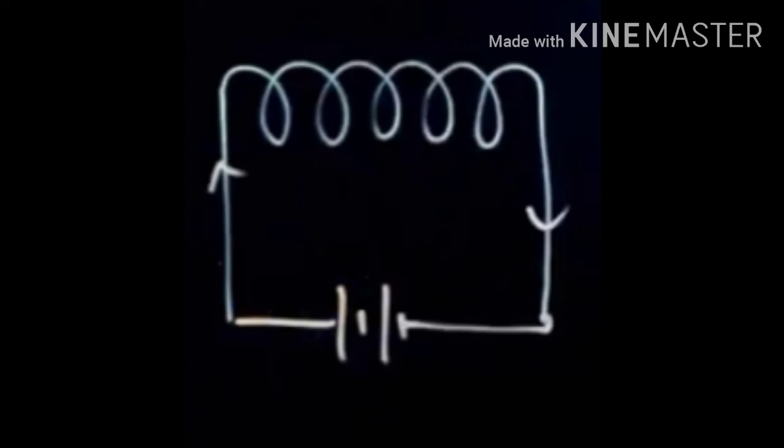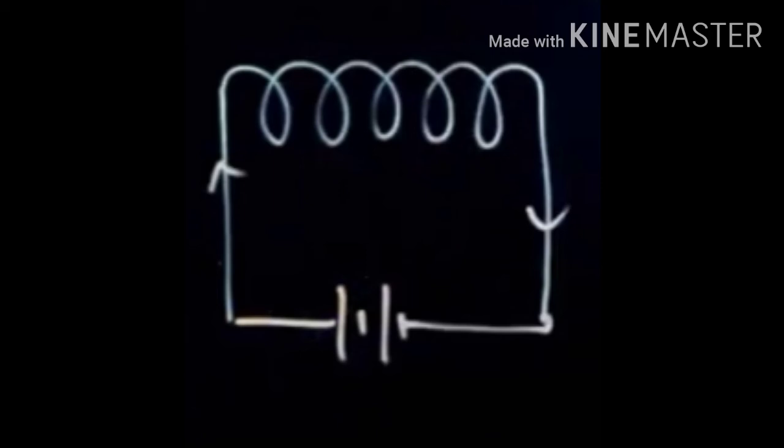Suppose this is your solenoid. Clear? And connect this solenoid with the copper wire. This copper wire is the solenoid, and its end lines you just connect with the cell, because in order to know the magnetic field we have to keep the current, isn't it? Like this, suppose this is our battery, connect it with the battery. Now supply the electric current.